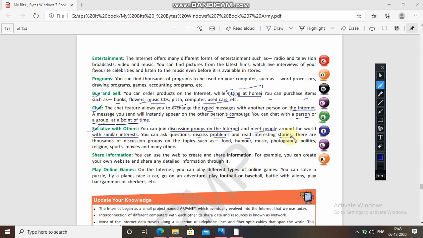Okay, there is a portal. You can say a forum is there. They create a forum. In this they create a group, where people ask questions, discuss some topics, discuss their